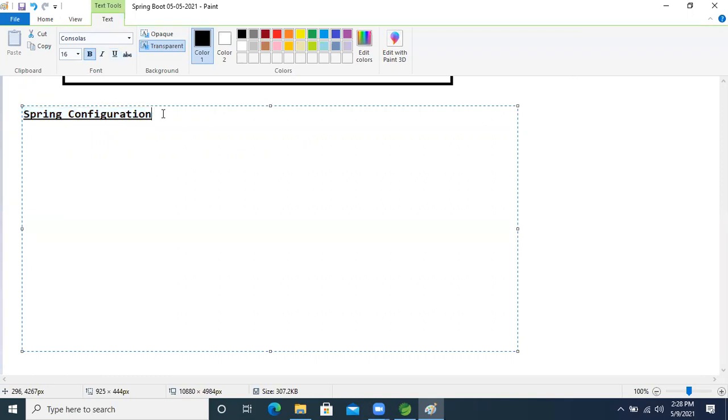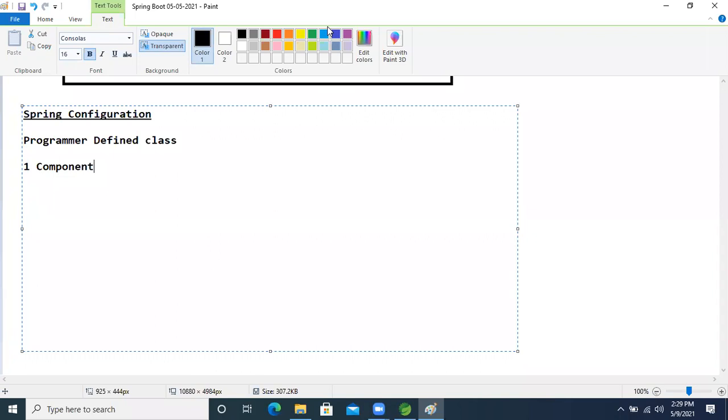Okay, let's see that. Annotation configuration, programmer defined classes. If a programmer defined class is there, then in those classes, how many annotations can we use? The first annotation we can use is @Component, guys. Each and every annotation I will explain as a practical, so that there is that much clarity about the subject.